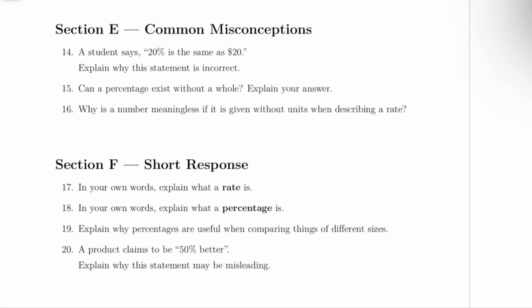So let's move on with section E, some common misconceptions. A student says 20% is the same as $20. Explain why this statement is incorrect. So when we're talking about percentages, it needs to be of something. For example, in this context, 20% needs to be of a certain amount. And this is because it really depends on the total amount. So we can say,